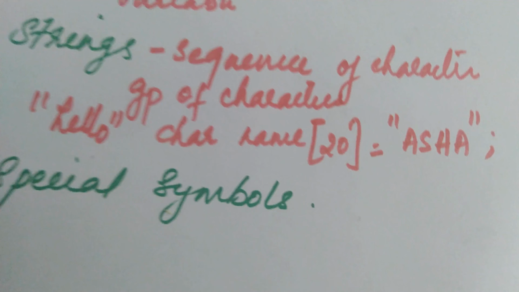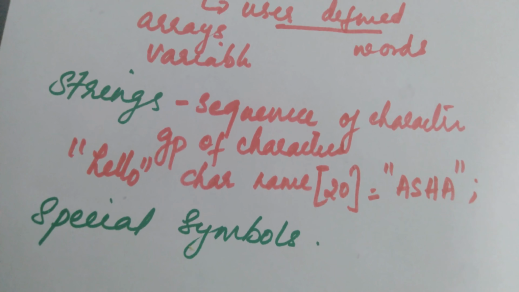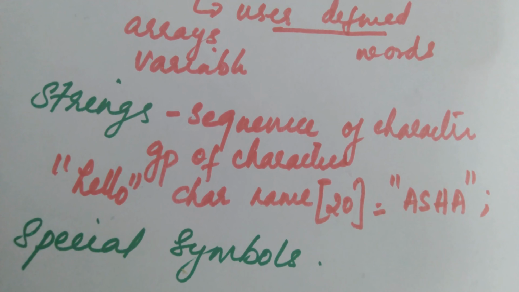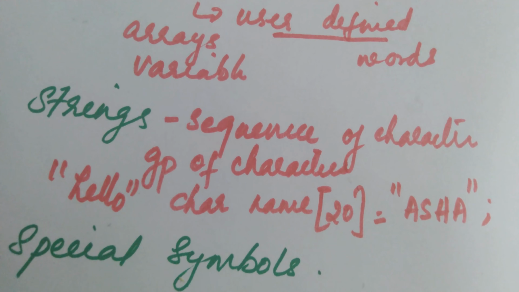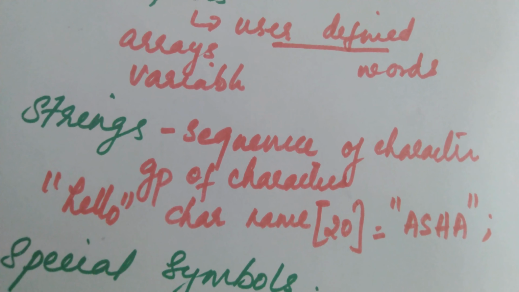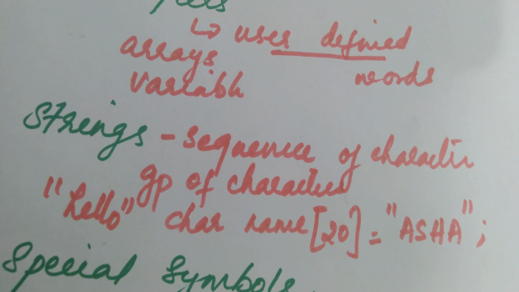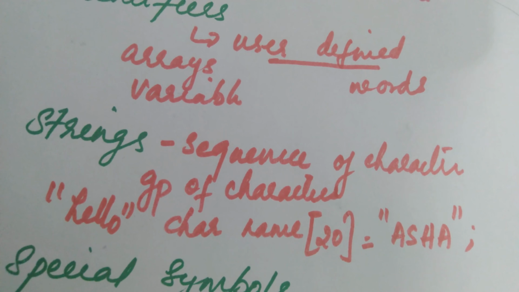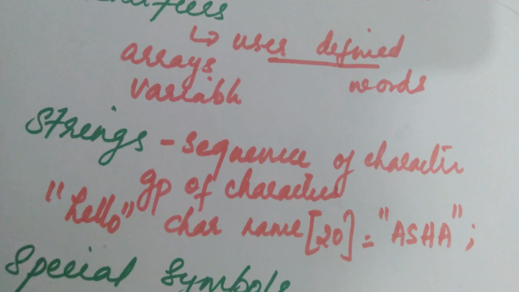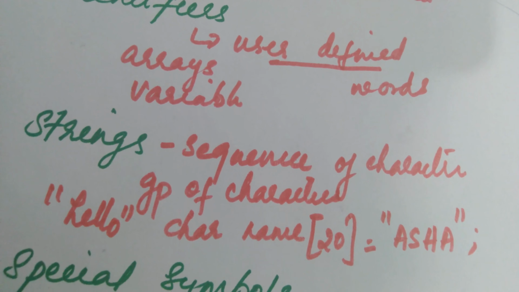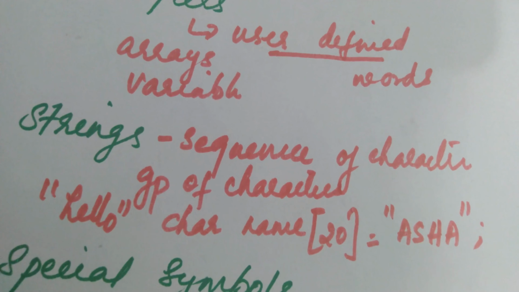We have to note that there will be no individual integer value for the strings. There is no corresponding ASCII value or something like that. No integer value corresponding to the strings is stored in the memory. So strings are merely a group of characters which are enclosed within double quotation marks.